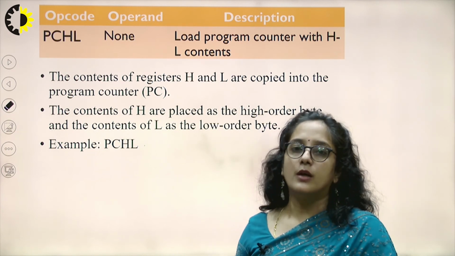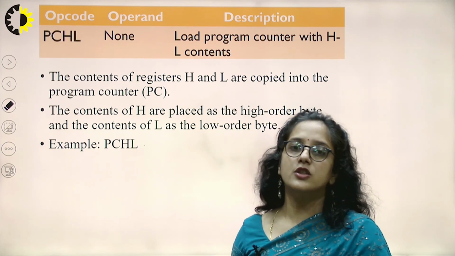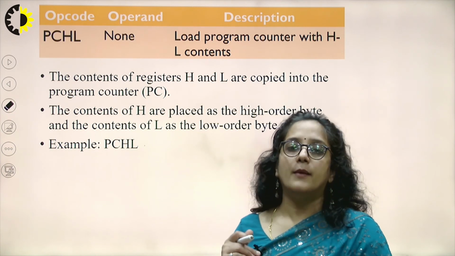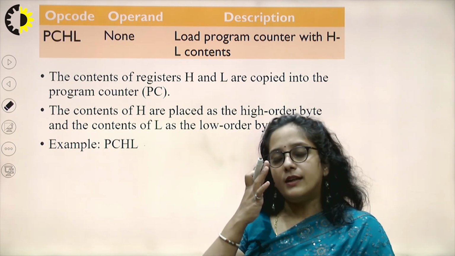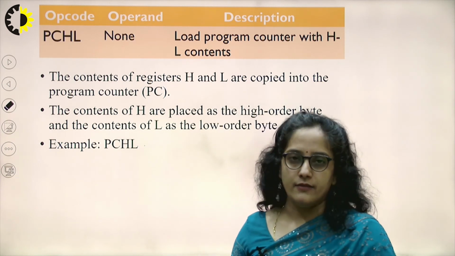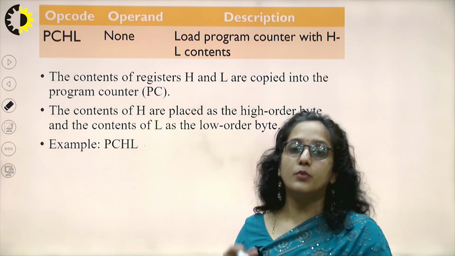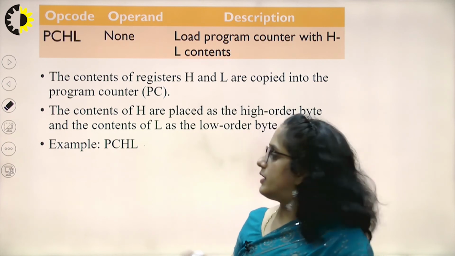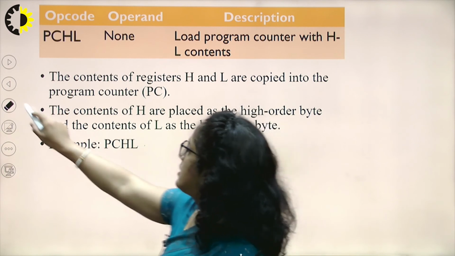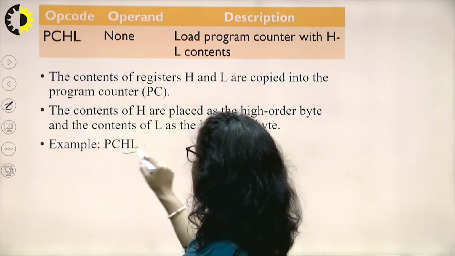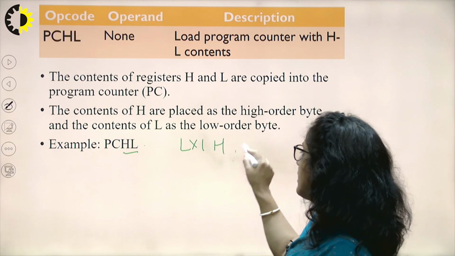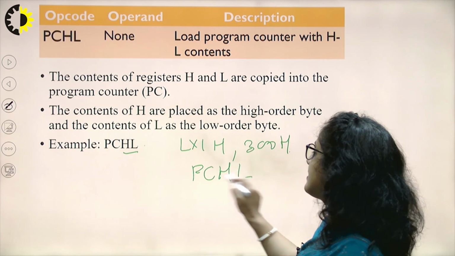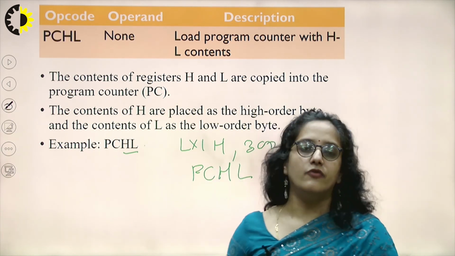As you know, the program counter is the register used to point to the memory location from where the microprocessor has to fetch the program or instruction. But we can't initialize the PC. It has some default location. But if in between our program we have to change the program counter value, then we can use this PCHL. Before using PCHL, we have to initialize the HL pair. We can use the LXI H command to initialize the HL pair, and then we can use PCHL. Now after this instruction, the program counter content will be 3000.